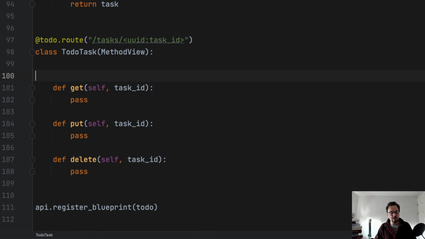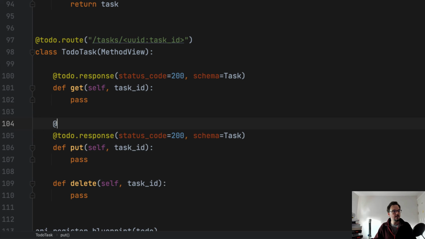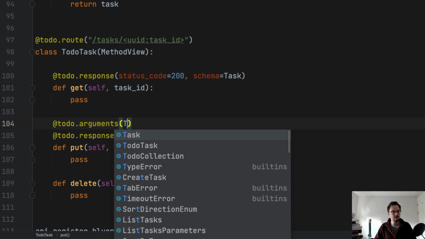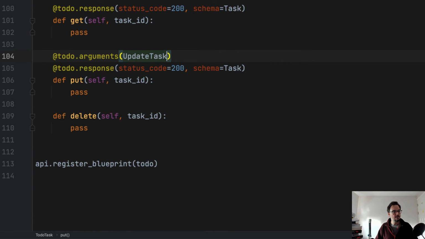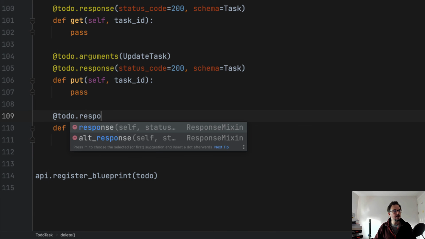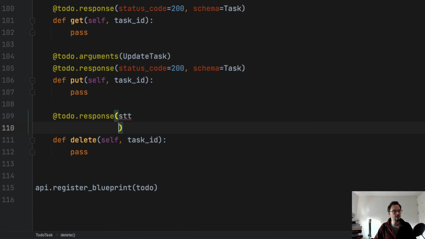And then we have to decorate the endpoints with the specific responses and arguments that are needed. So we say todo response, the status code here is going to be 200, and the schema is going to be a task. That is going to be the same for the put endpoint, so we just copy that here, and then here we're going to say that the argument for updating a task is the update task model that we defined before. Now for delete, we're going to have a response with a status code of 204,